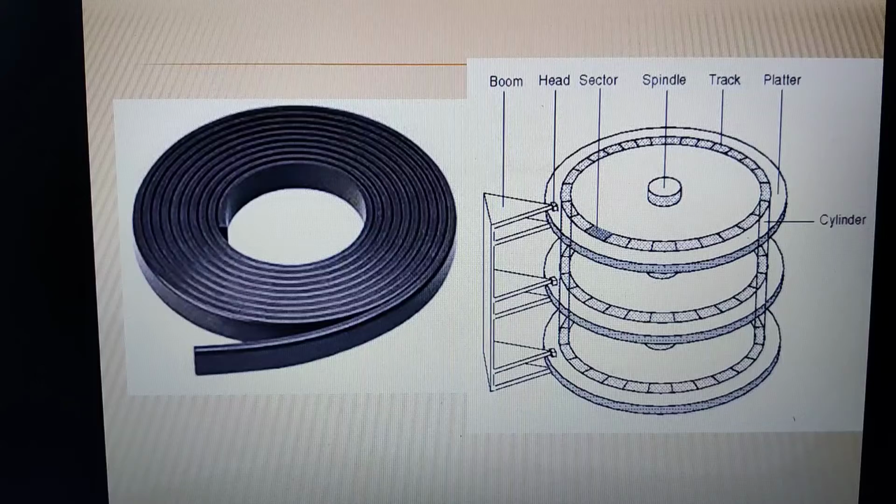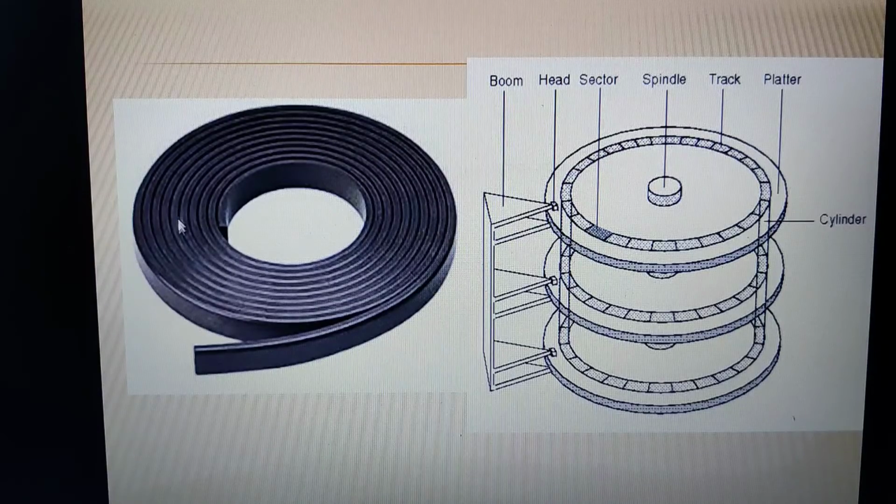If you are able to see here, this magnetic tape is a strip of plastic that has been coated with a magnetic recording medium. Here the bits are being recorded as magnetic spots. Can you see the spots here? This is how exactly the data will be stored. Can you see the small minute dots here? So this is one track, what you are able to see.